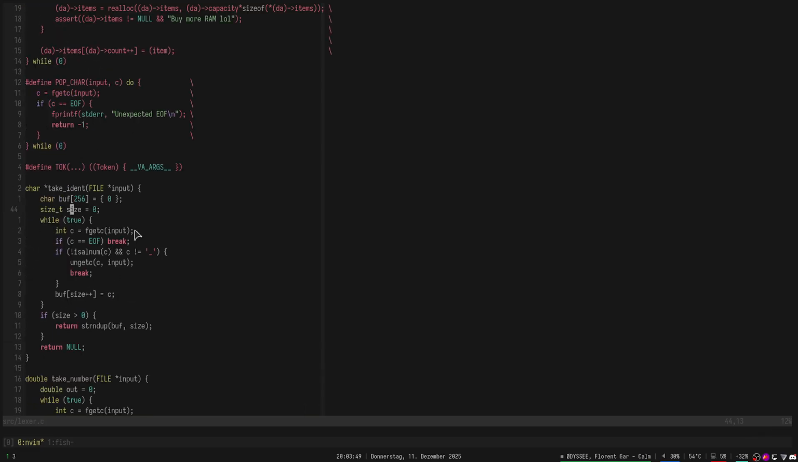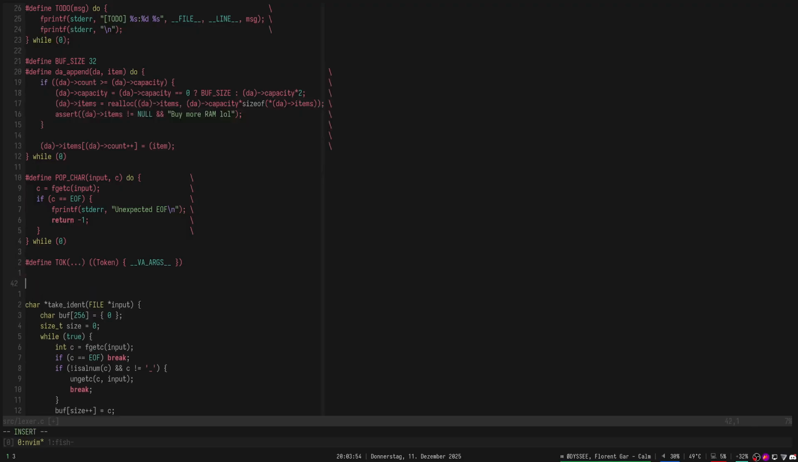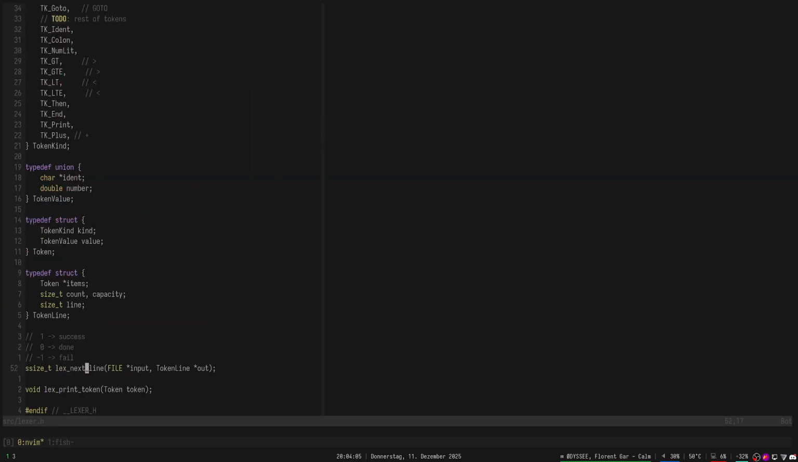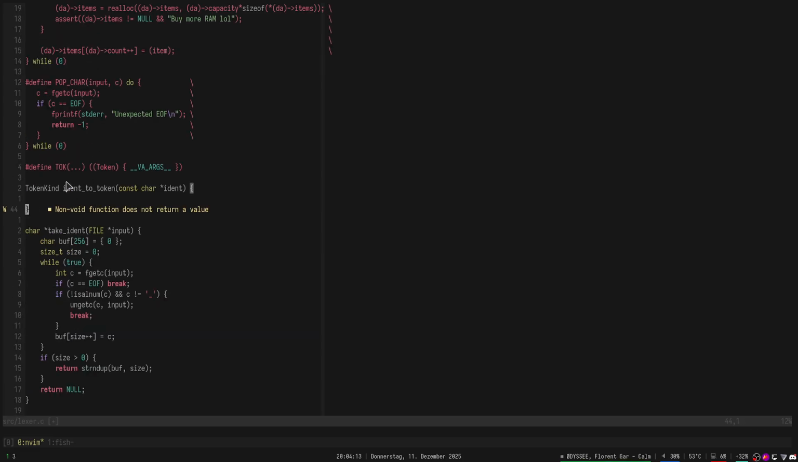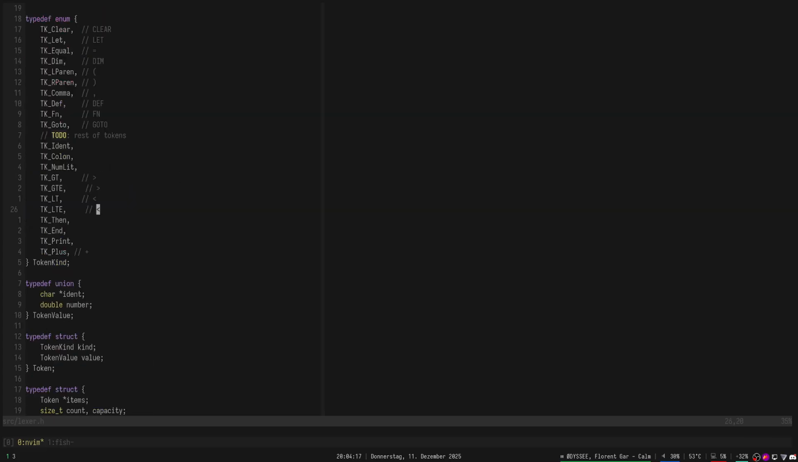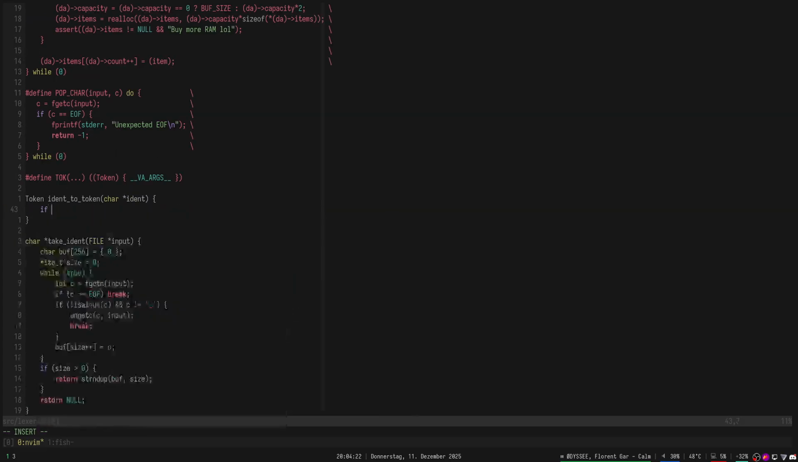But we're going to have a function like token kind, ident to token, which takes in a const char star ident. And wait, we do have a concept of a token. I think we can just go straight to a token rather than returning a kind. So it's going to return a token. And then what we'll do here, and actually we shouldn't even take a const anymore. We should say if